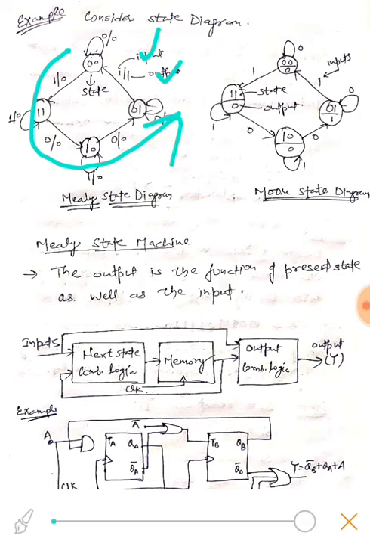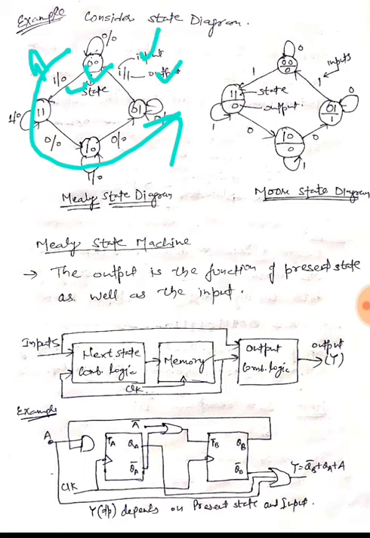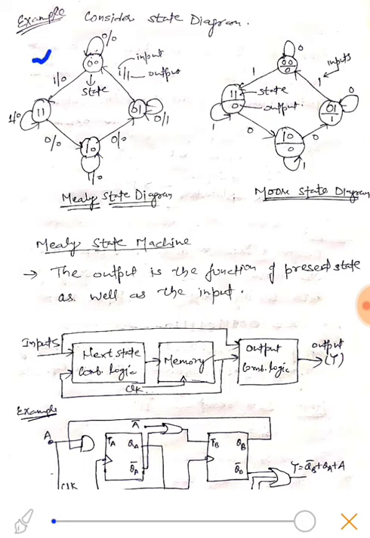Okay, if it is in state 0 0, then if I provide the input 1, that is in this transition, input is 1 and output is 0. So it will move to the next state, that is state 3. It will move from S0 to S3. Okay, if I provide input 1 and output is 0, the system will move to state 2.